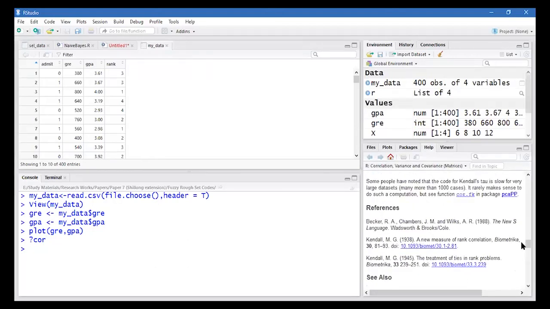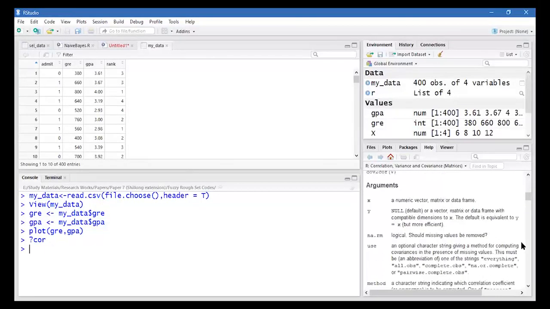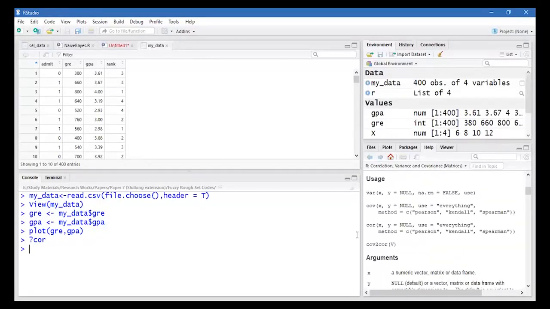You can see what correlation takes into account: it takes x, y, and method. I can use any method, Pearson, Spearman, etc., or any two or three of them at a time as well. I'll use only one.